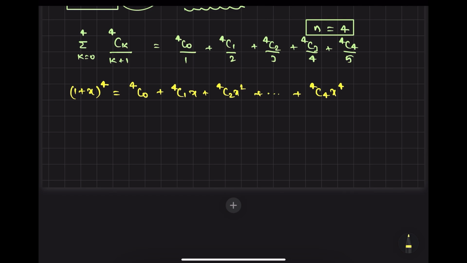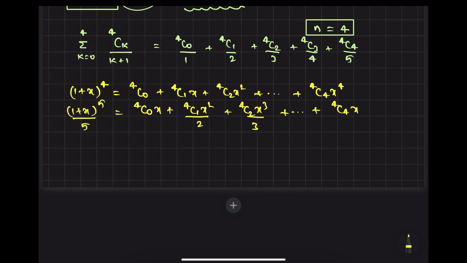Let's do the integration. (1 plus x) power 5 by 5, 4C0 x, 4C1 x square by 2, 4C2 x cube by 3, dot dot dot, 4C4 x power 5 by 5,